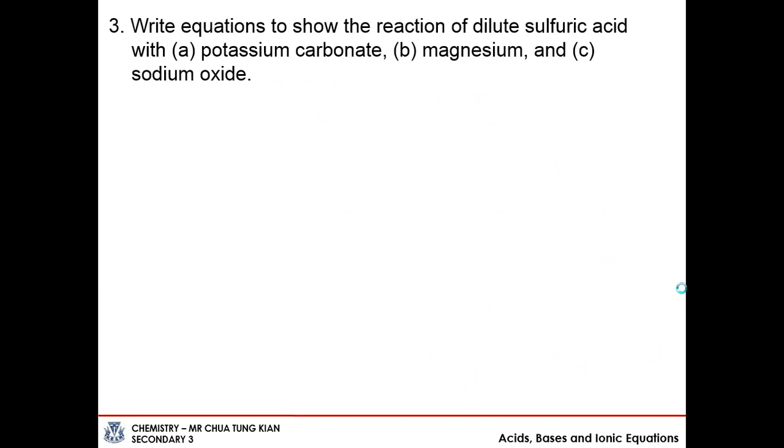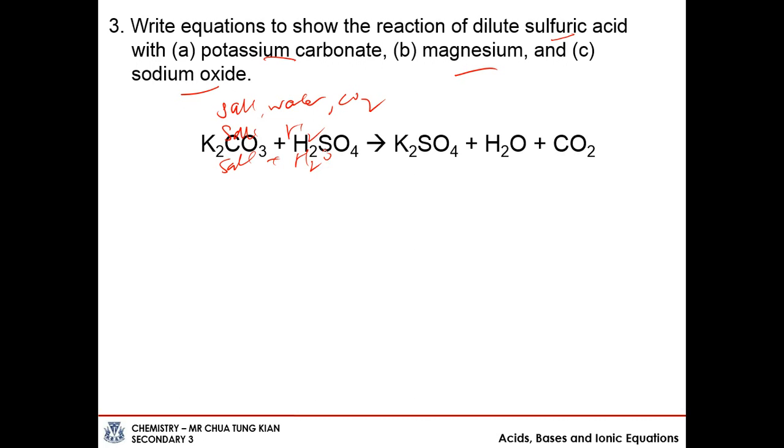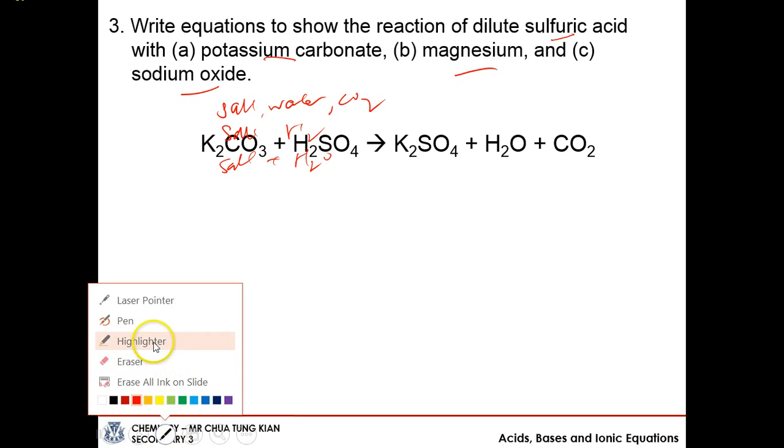Now let's write three equations to show the reaction between dilute sulfuric acid with potassium carbonate, magnesium and sodium oxide. So the first one is an acid carbonate reaction. We will have salt, water and carbon dioxide. Acid metal, we have salt and hydrogen gas, and acid sodium oxide, we have salt plus water. So now we will be able to write this out. K2CO3 plus H2SO4 gives us